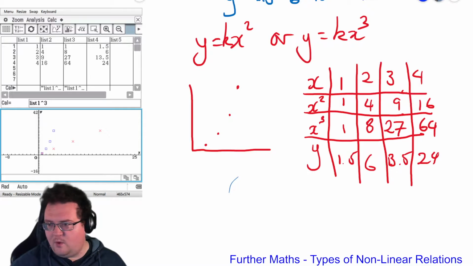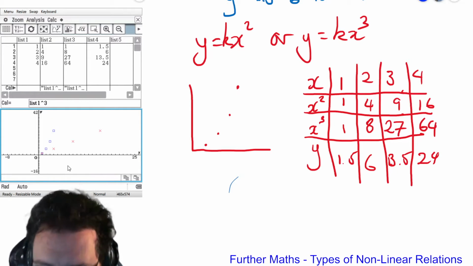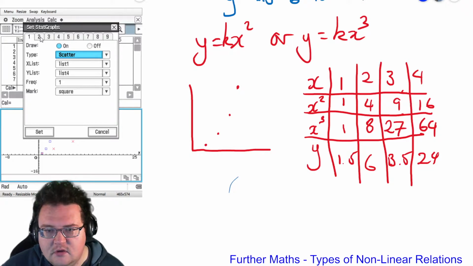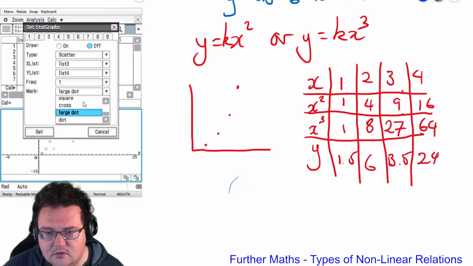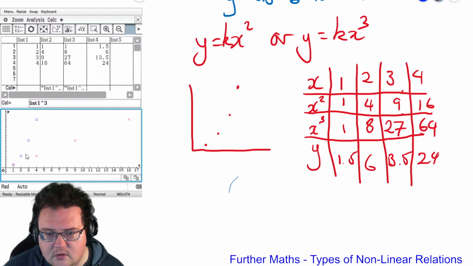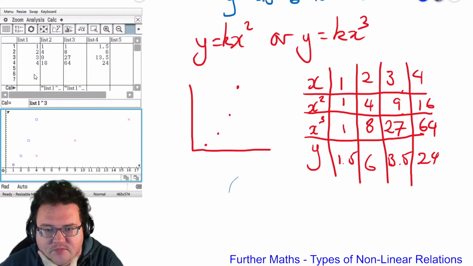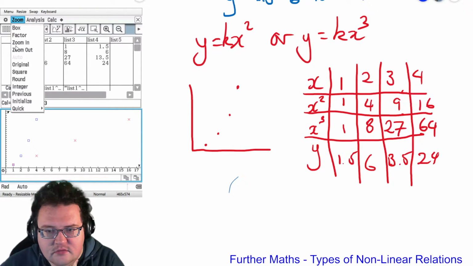Trying to figure out where my dots have gone. They mustn't be visible on the thing. I'll change to... oh, they're all the way out. That's why, because they're all the way zoomed out. Never mind. So if we zoom out,